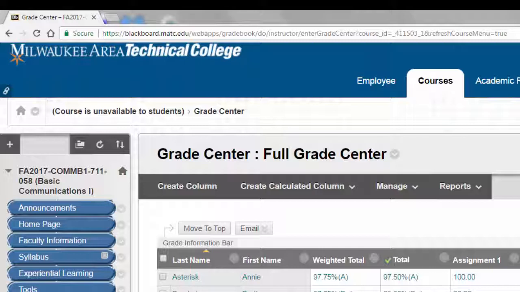Instructors may change which column to use as the source of final grades by assigning the external grade setting to a column of their choice. In this example, let's say that I wanted to use my weighted total column as the source of final grades